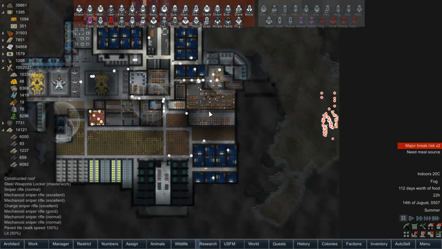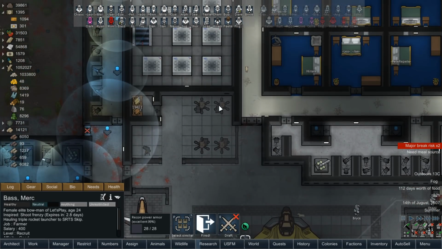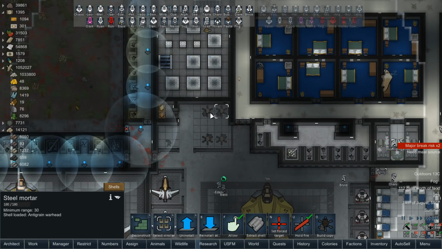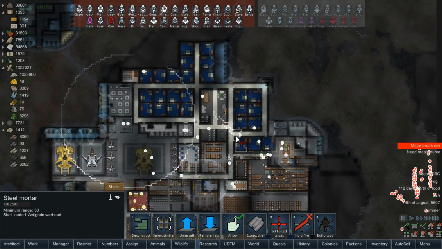Do we want to blow them up to speed this up a little? Probably a good idea. Hey, Eden, can you come and man that? And both of those are... Oh, that one never got primed. It's not a huge deal. We still have the one. So we'll drop this...